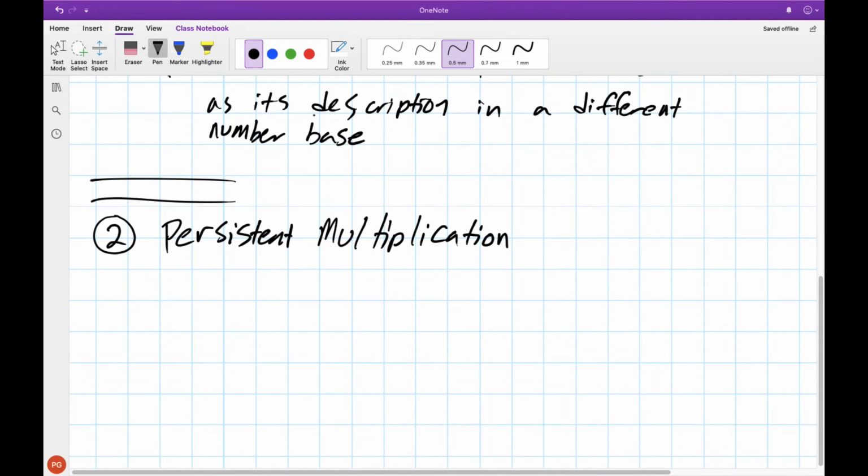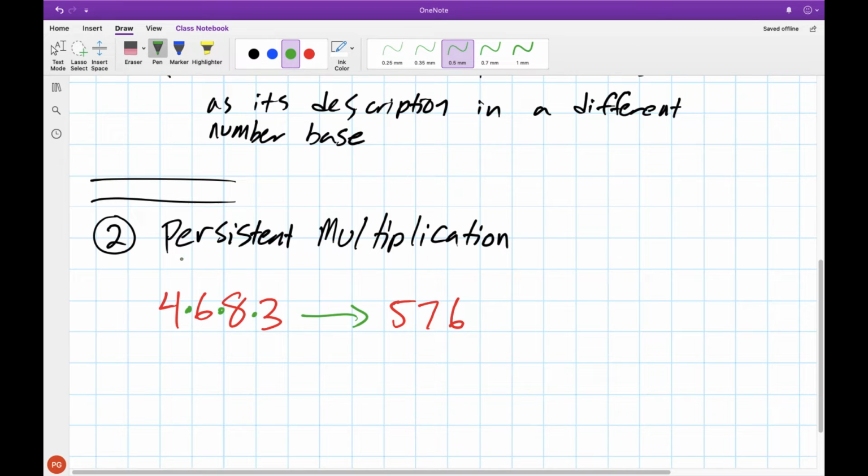So the whole idea with this is I'm going to start again with any number. So let's take a 4-digit number. Let's do 4 6 8 3. Now what we do with this number for this challenge, we're going to multiply all the digits together. So it's going to be 4 times 6 times 8 times 3, and that's going to give us our new number. Now if you don't feel comfortable doing that in your head, I encourage you to grab a calculator right now, like I am going to. So using my handy dandy calculator, 4 times 6 times 8 times 3,